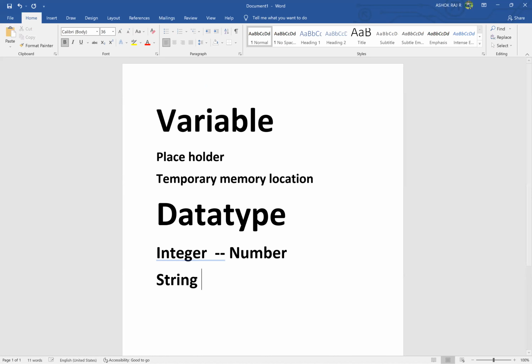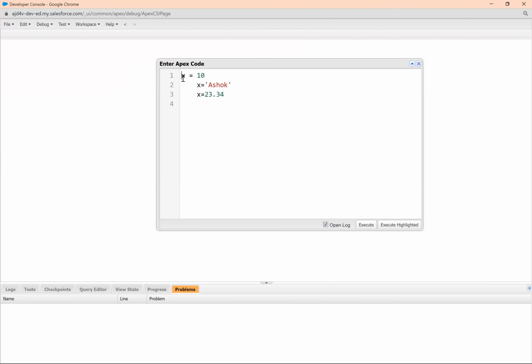And string is nothing but the text. String itself defines the characters. So if I want to save some number in my variable, I will go with integer. So I'm defining my variable here. X is a variable, integer is my data type for this X, and 10 is my data. That's it. So this is how I can declare